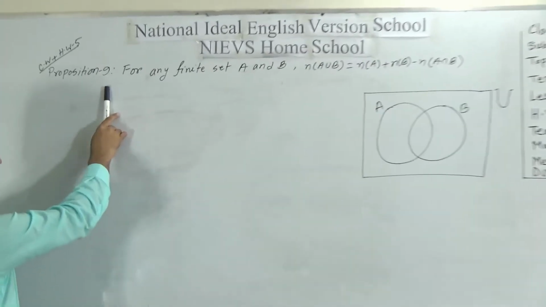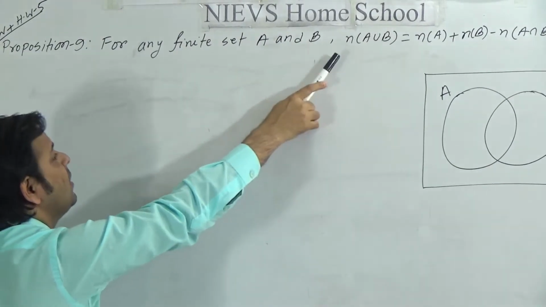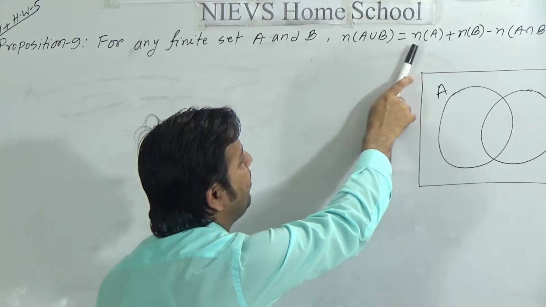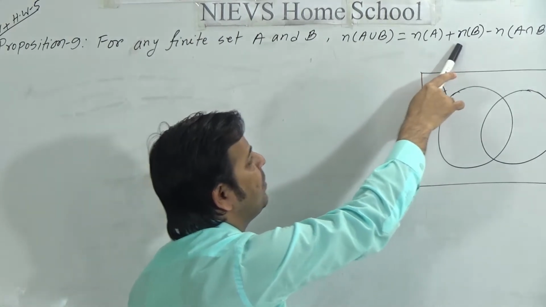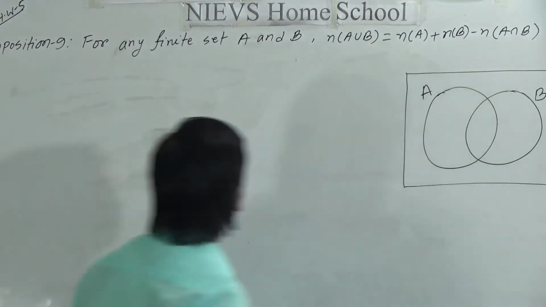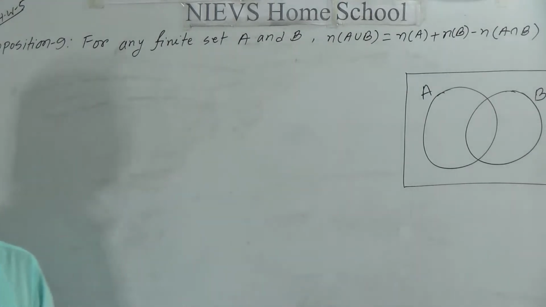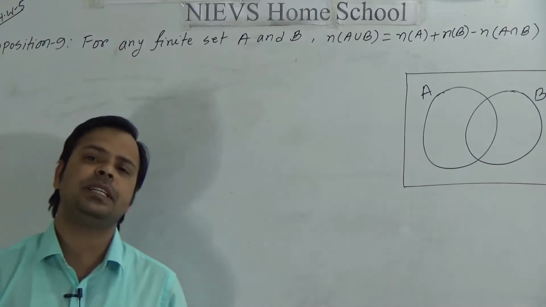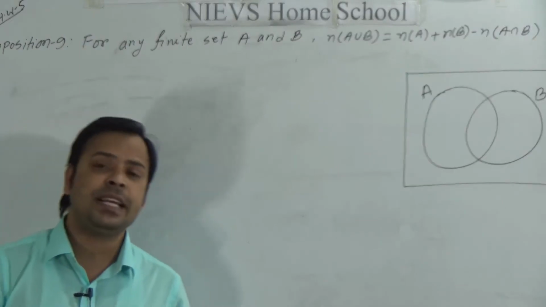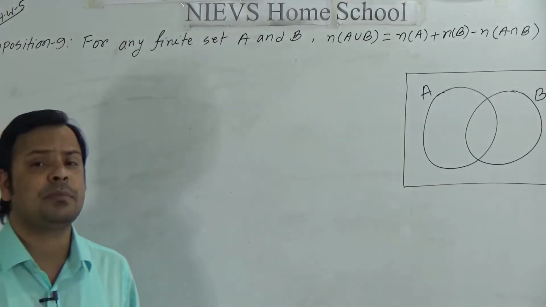Proposition 9. For any finite set A and B, number of elements of A union B is equal to number of elements of A plus number of elements of B minus number of elements of A intersection B. It means that if A and B be two finite sets, then we need to prove the number of elements of A union B is equal to the sum of the number of elements of A and number of elements of B, and we have to subtract the number of elements of